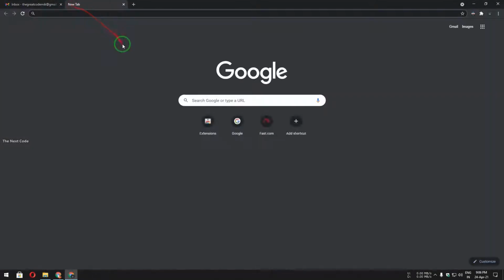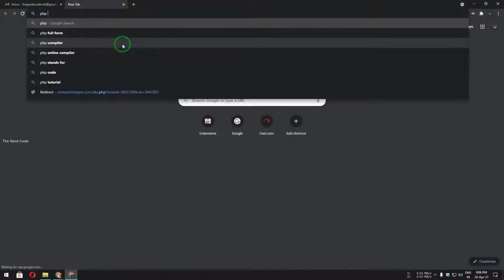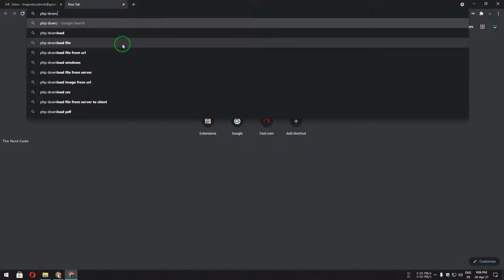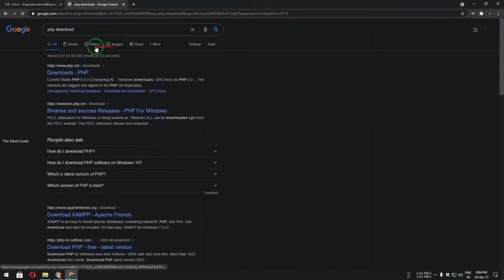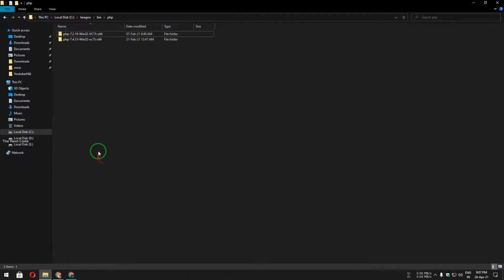Just open the browser and search for PHP download Windows. So we have PHP 7.2 and PHP 7.4 inside Laragon.